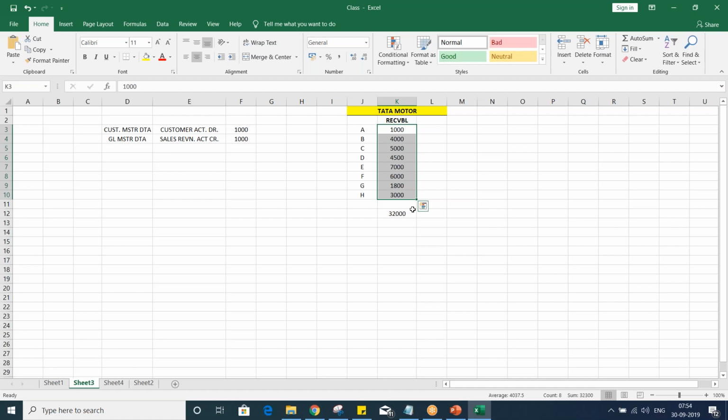Every customer will have certain balances, right? So how are we going to sum up all 20,000 customer balances? If somebody takes the sum of every customer balance one by one, it may take a month, or additional resources need to be deployed to count these balances, and still there is no guarantee that it will be 100% accurate. So what is happening, guys? SAP has given a solution. Whenever we set up the customer master,